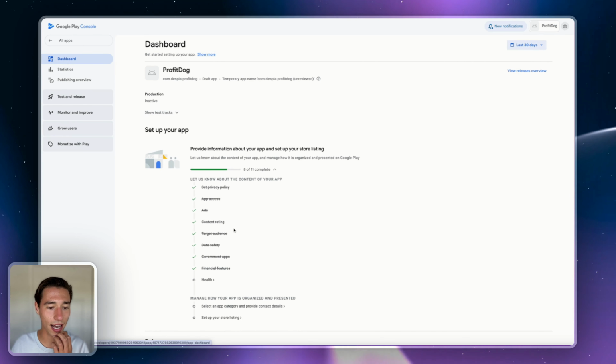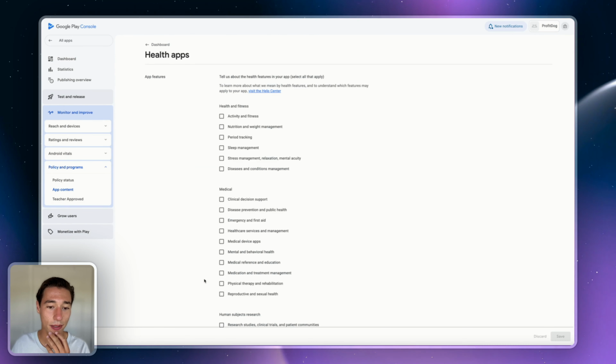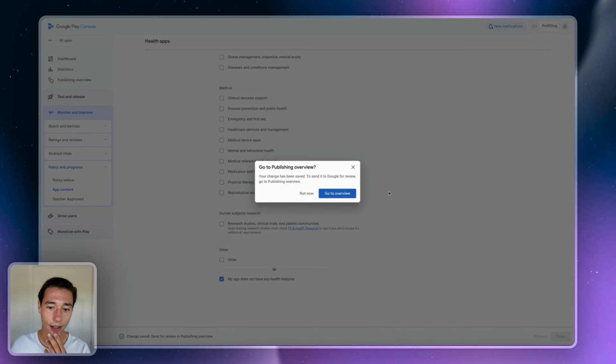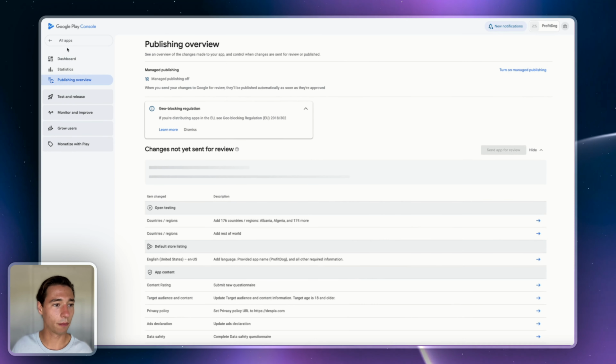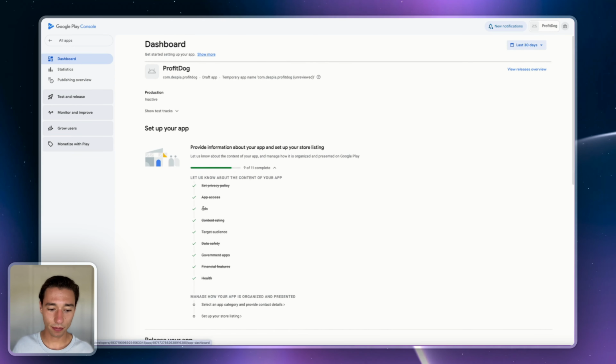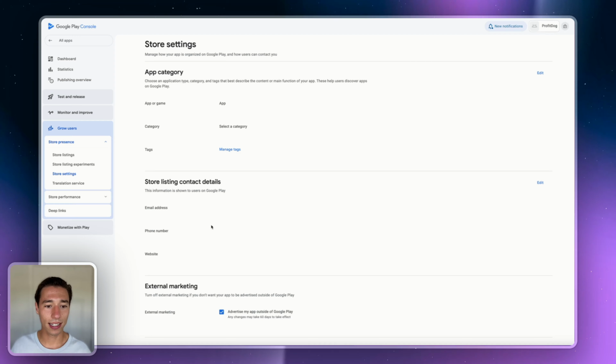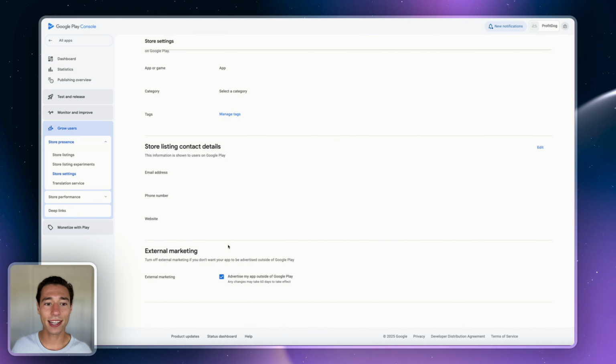Then we go back to the dashboard. We'll continue with health. I'm not using Despia Health, our health integration, so I will say no. Okay, and then we can go back to the overview. Now we're good with that. Next: select an app category and provide contact details. For this example here,